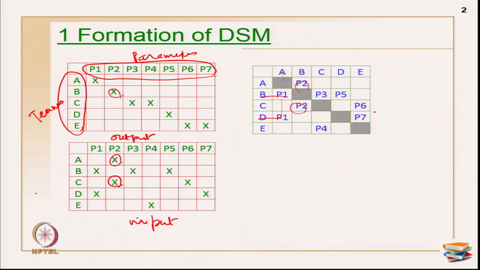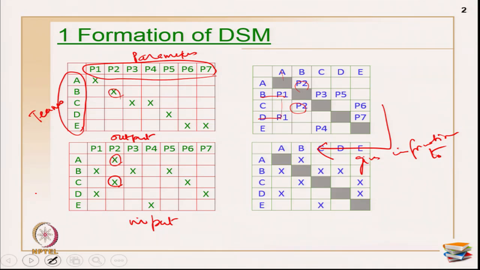Okay. Once you cross check whether there are any omissions in the list of teams or parameters and so on, and once you are fully comfortable with the flow, you can easily look at it like this and read it as gives information to and receives information from. Once this is completely settled, you can go to merging it into a conventional activity DSM by replacing all the variables that you have given here with X marks. Okay, this is how the team DSM is formed.